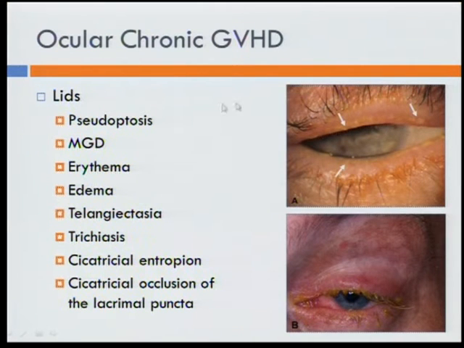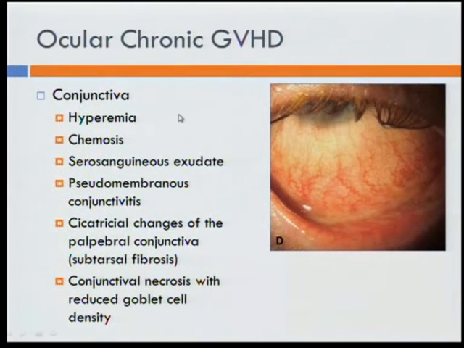If we look at the ocular findings in chronic GVHD, we can see pseudoptosis, we can see findings of meibomian gland dysfunction, we can see lid and conjunctival erythema and edema, telangiectasia, we can get cicatricial entropion, and then occlusion of the lacrimal system, the puncta, which often is actually helpful for these patients. The conjunctival findings include hyperemia,